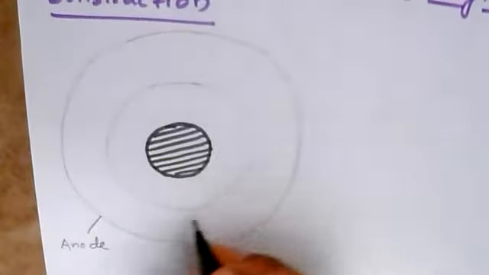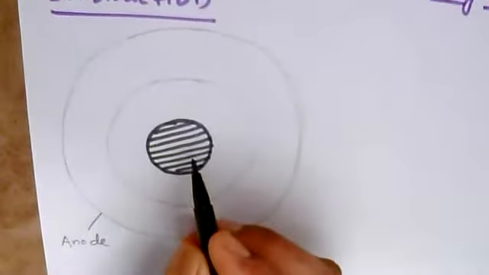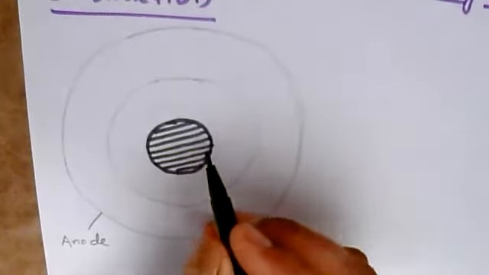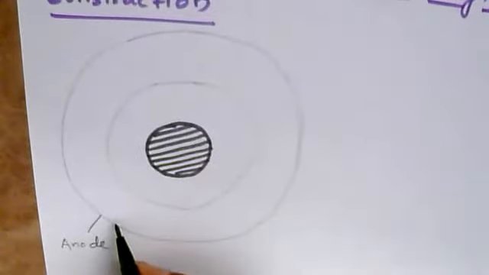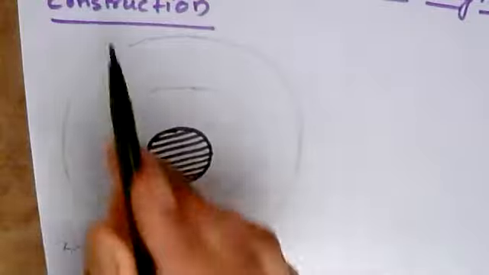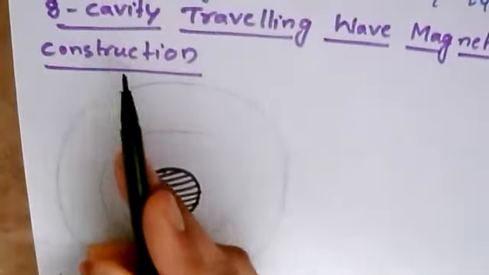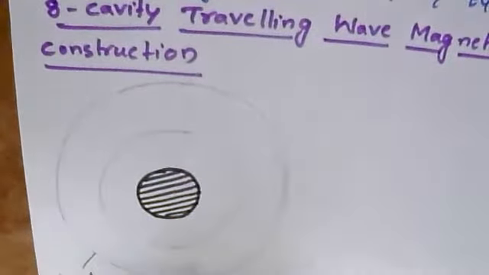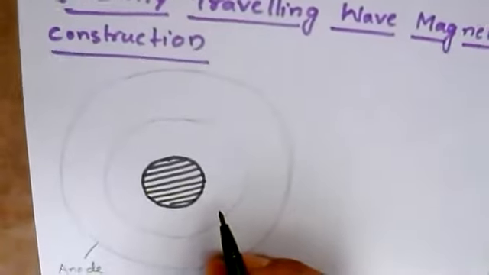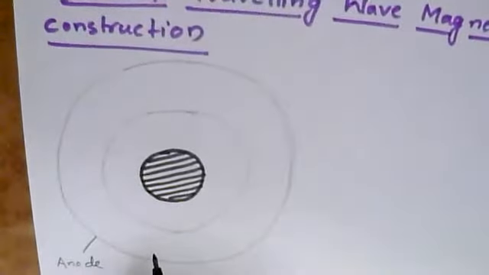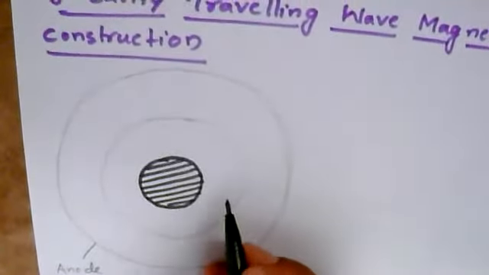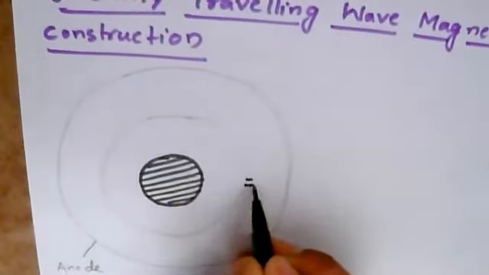And where there is a cathode, the electrons will be generated, start their journey from the cathode and try to move towards the anode. So this is the anode we have, and as it is called an 8 cavity magnetron, you know that there are cavities: anode cavity, buncher cavity, catcher cavity. You have seen this in the previous types of tubes. Now I'm going to take the cavities here.